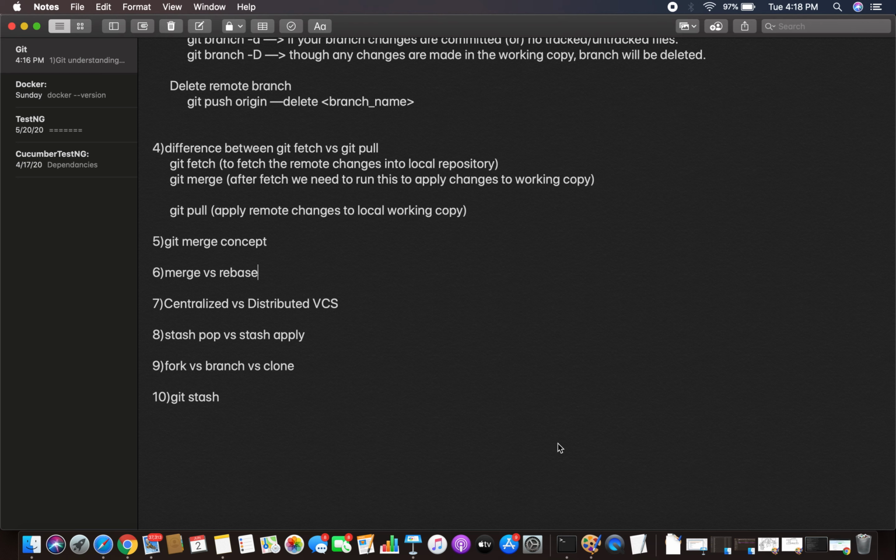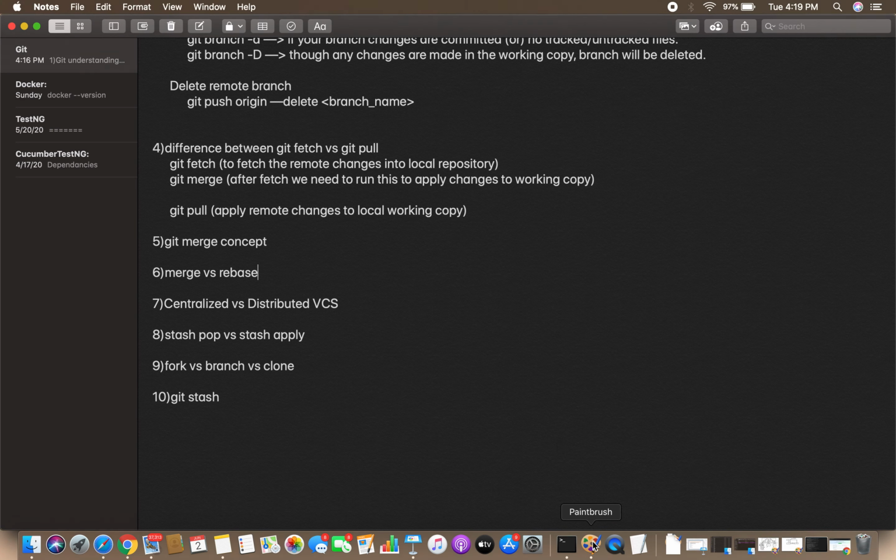Let's try to understand what is meant by a Git merge. In the previous video, you learned what the branching mechanism is, how to create a branch, how to commit your code into the branch, and how you can switch between different branches. If you don't understand the branching concept, please go to the previous video on the branching mechanism. If you understand that, then you will be able to get the Git merge and Git rebase concepts very easily.